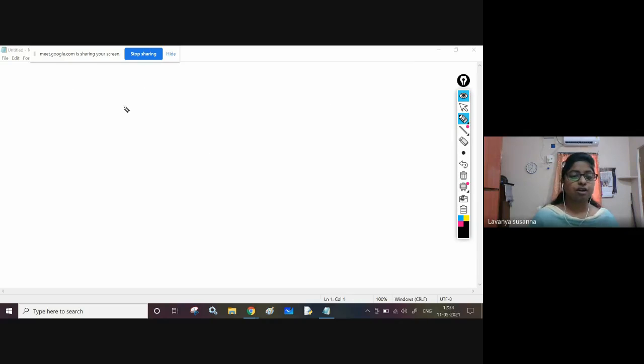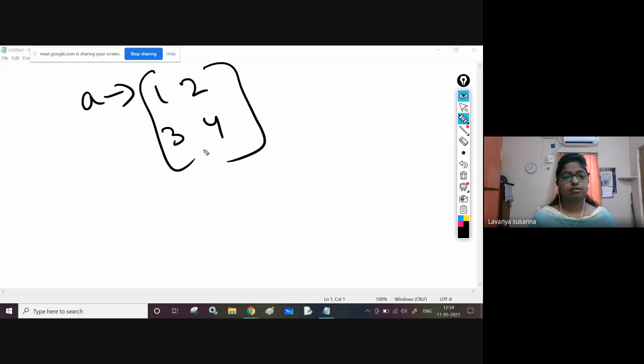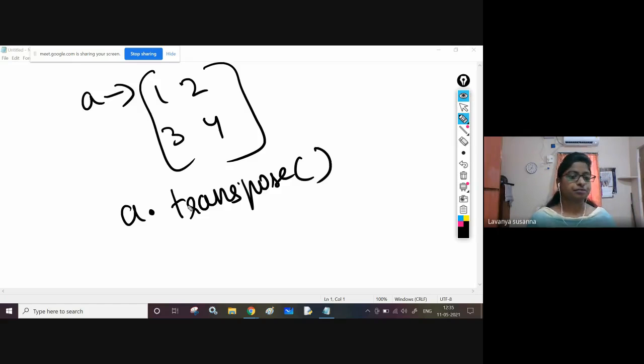There is a function called transpose. You need to pass, no, there is no argument to pass. Once again, transpose. Here, array A is 1, 2, 3, 4. Now you need to find this A transpose. A dot transpose. Okay. Don't pass transpose of A. You need to use A dot. A dot transpose function, that's all. Something like T equal to A dot transpose. Transpose matrix will be assigned to T.